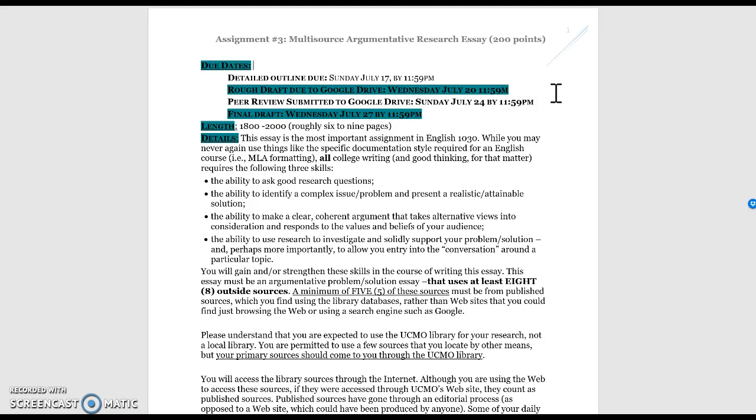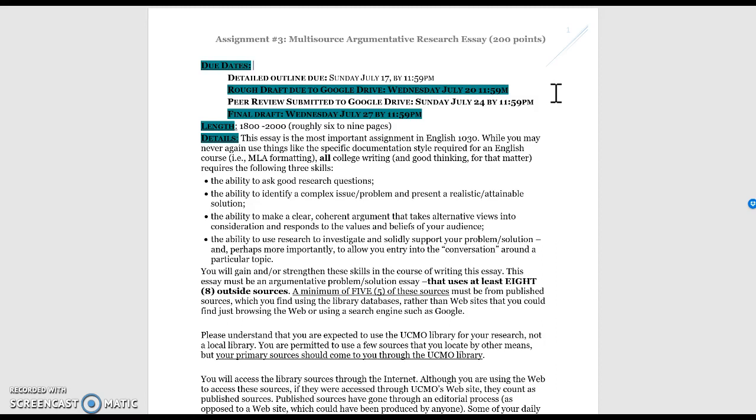So you'll be using the same topic that you identified in your Essay 2 topic proposal, unless you have had a change of heart, or after reading my comments, you decided that perhaps your problem and solution weren't argumentative enough, or that you needed to revise them in some way to fit the requirements of the assignment.